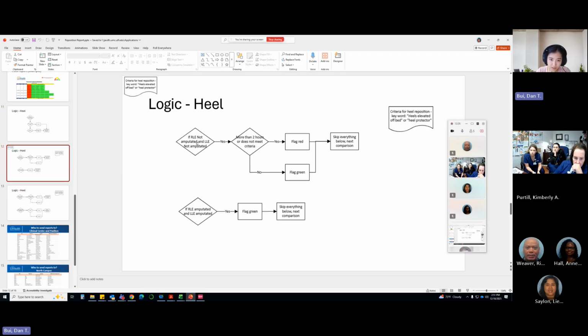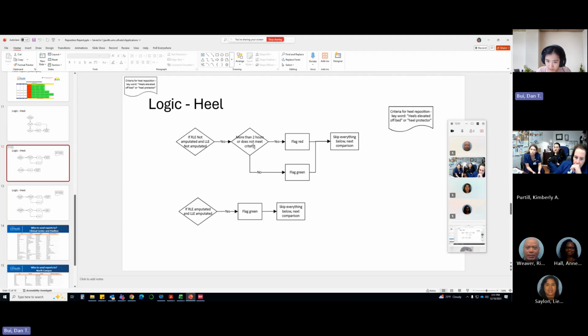And the next logic would say, if right lower extremity is not amputated and left lower extremity is not amputated, sometimes if the box is blank, empty, I just automatically assume that amputation is not involved in here. And then if that's the case, then more than 2 hours or does not meet any of the criteria for heel reposition.